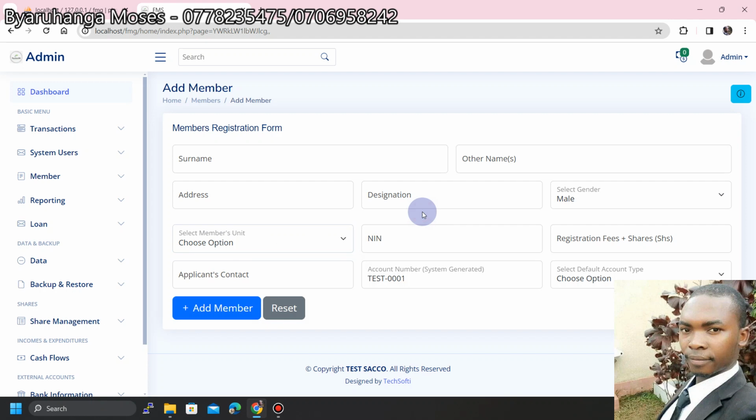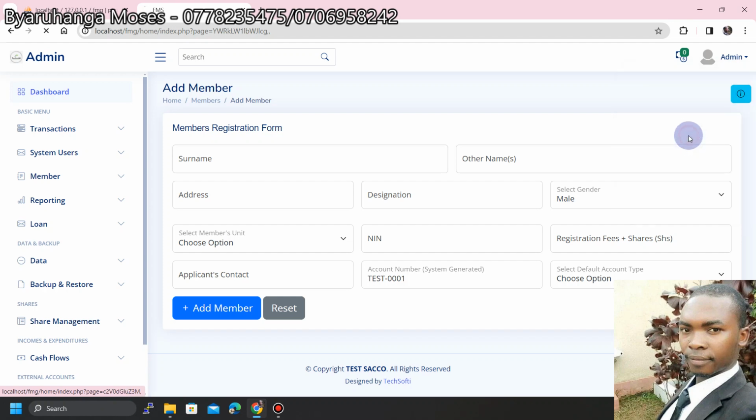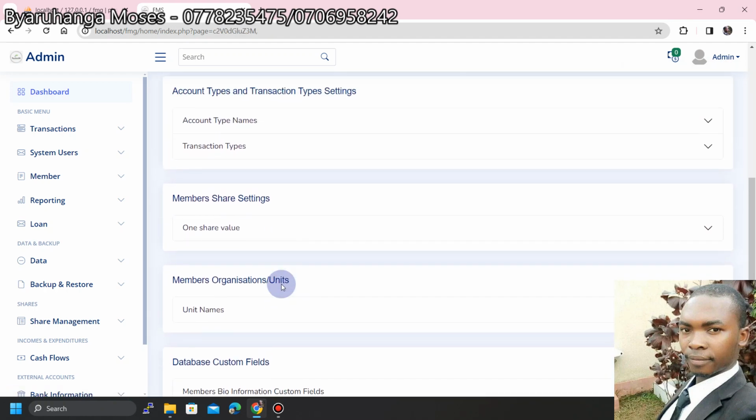But what I'm talking about is, if there is any other field that is left out by this system, you can add it using the custom fields. For example, you might need to have seconders. Let's say as you're registering a member, you need seconders or guarantees. You can as well add them here, or you need the telephone number of maybe the parent or anything. So let's go back to settings,